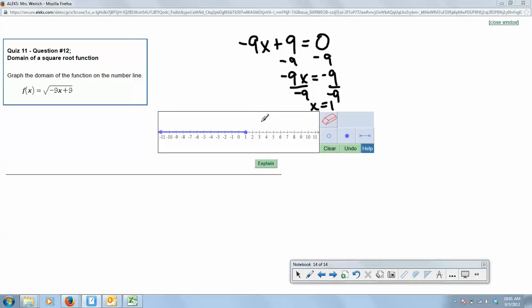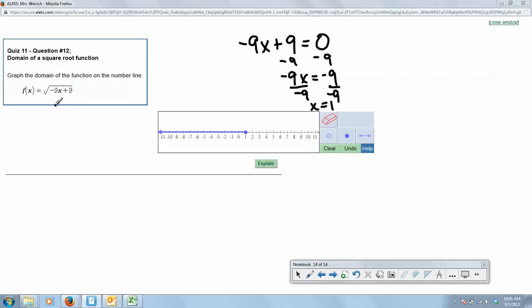And now we ask ourselves, okay, would x equals 0 work, or would x equals 2 work? Which side would continue to give us positive numbers? Well, if we plug in 0, this is 0 plus 9. 9 is a positive number. Whereas if we plug in 2, negative 9 times 2 is negative 18, plus 9 is a negative 9, and that would not work. So any number up here would continue to give us negatives, and any number on the left-hand side would continue to give us positives, and we want to shade the region that will give us positive